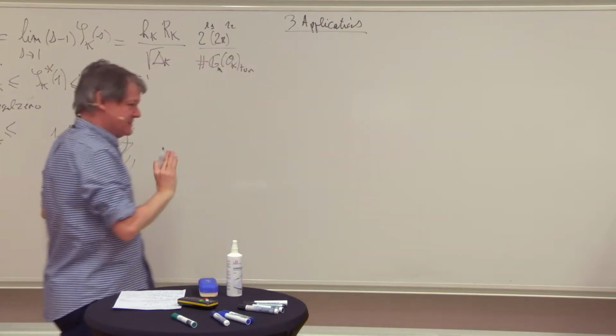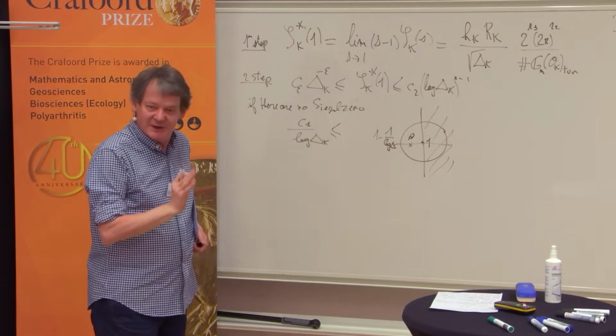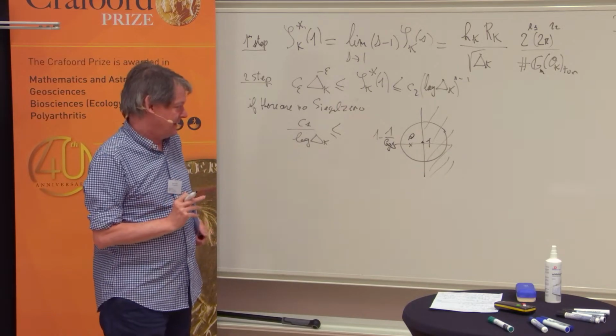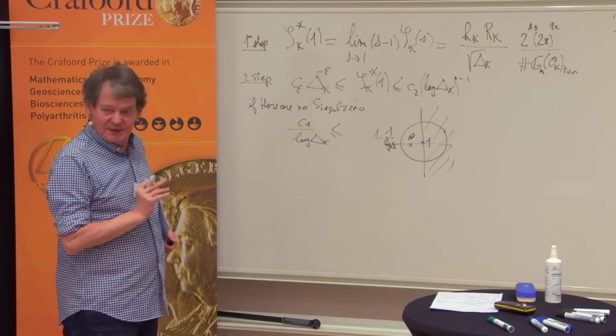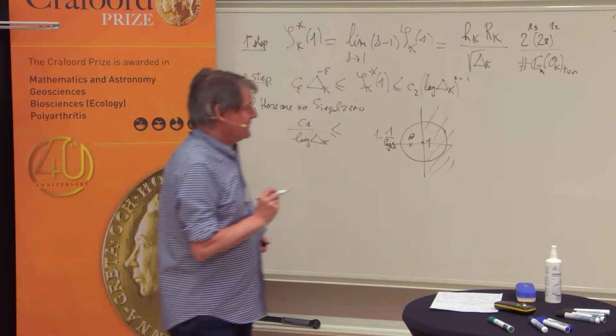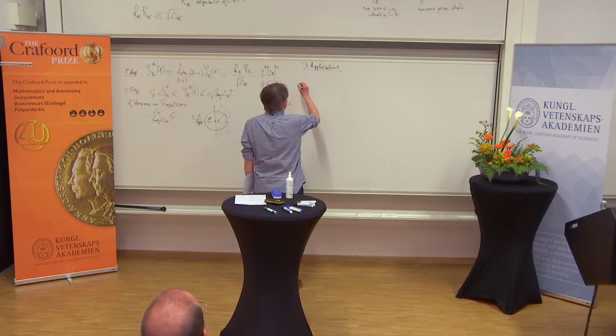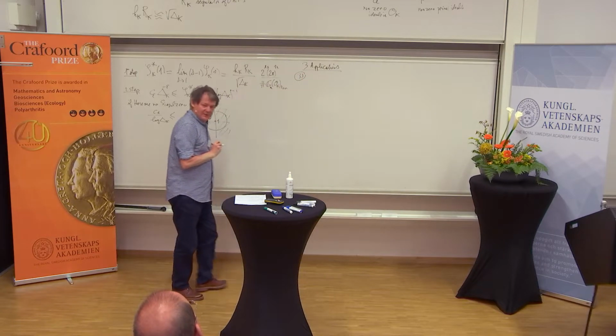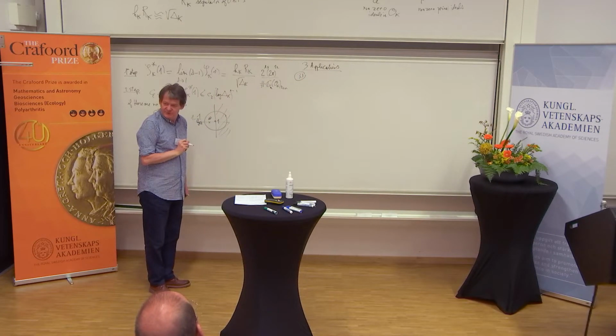So the first one has nothing to do with my work, but I find it very, very beautiful. The two others are things that I have worked out, sometimes with collaborators. So the first application would be to bound the height of elliptic curves with complex multiplication, or even better, abelian varieties with